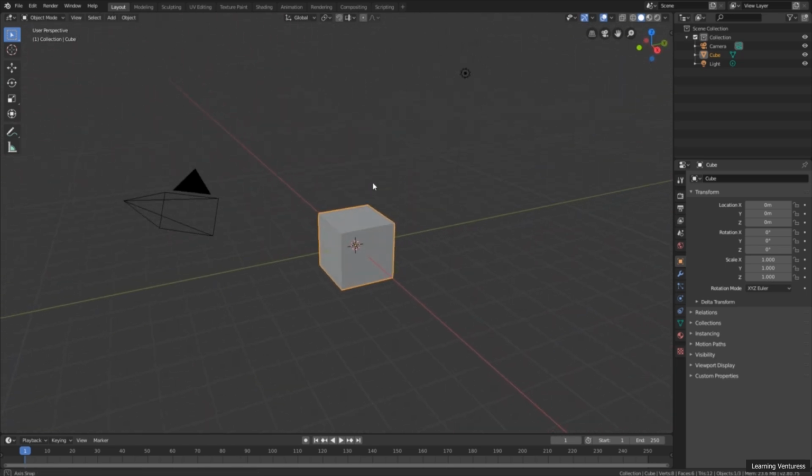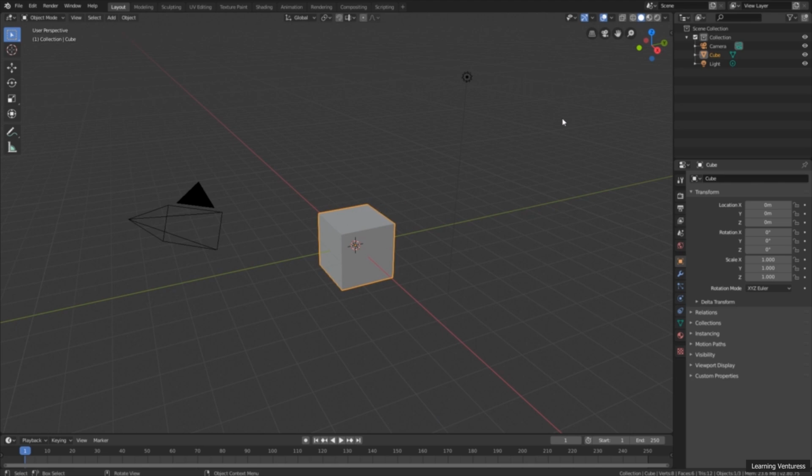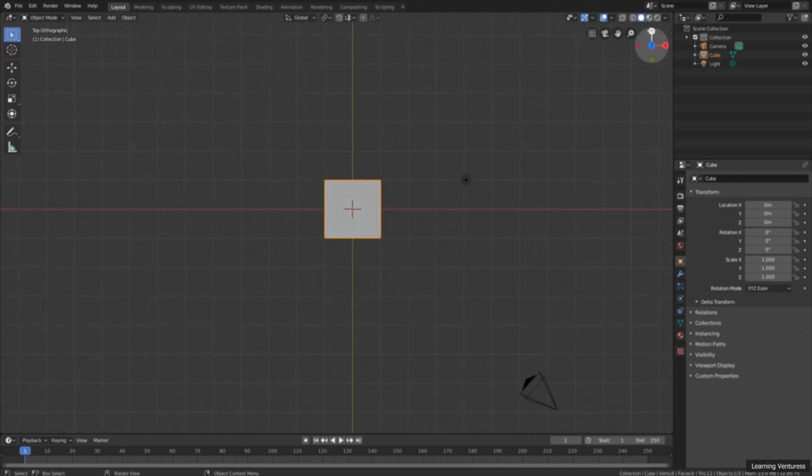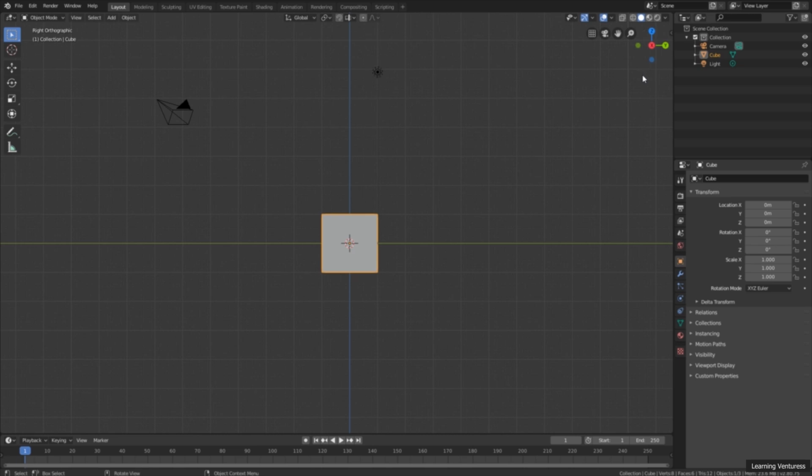In addition to being able to rotate using this navigation icon, we can click on each of these small colored circles to position the viewpoint precisely on the axis-specific views, such as top, right, front,